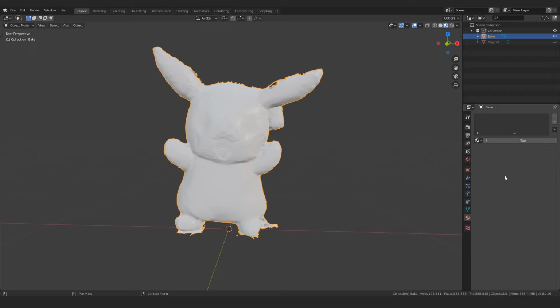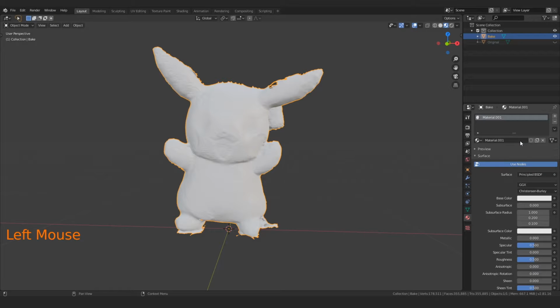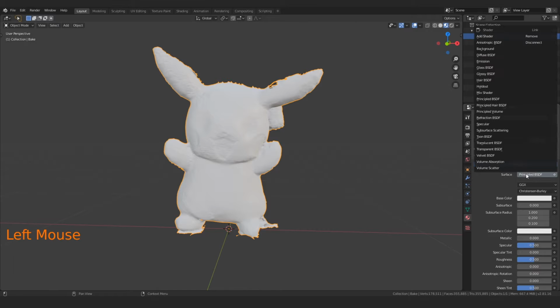with it. So we need to create a new material for this model, and we do this simply by clicking this new material, and essentially nothing's changed because it's default, and we have material 001. I'm just going to rename this to bake so I know which material I'm looking at. And then of course we also don't need any complicated material settings, which by default Blender generates a principled BSDF, which is just a way of showing that there are various sets of mathematics that are dictating the surface quality